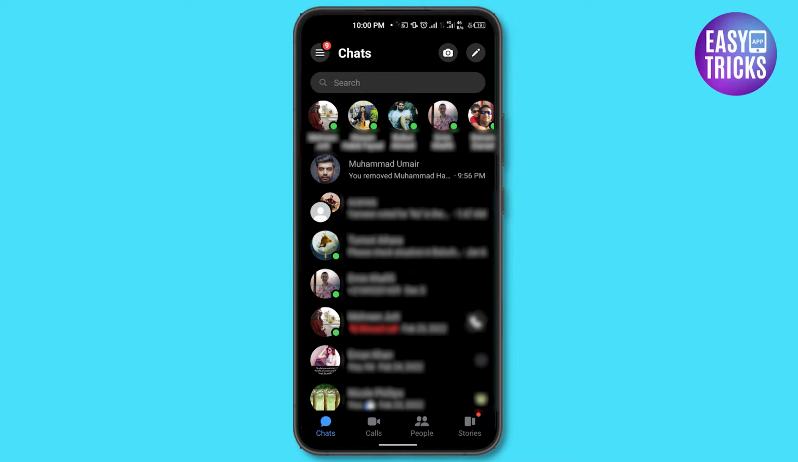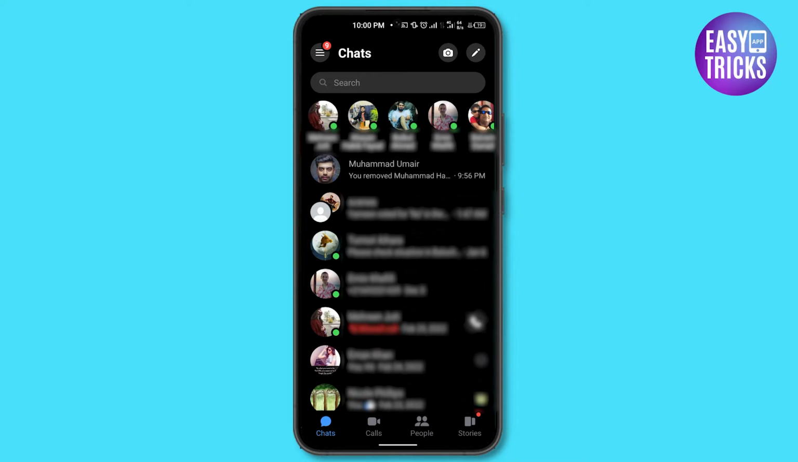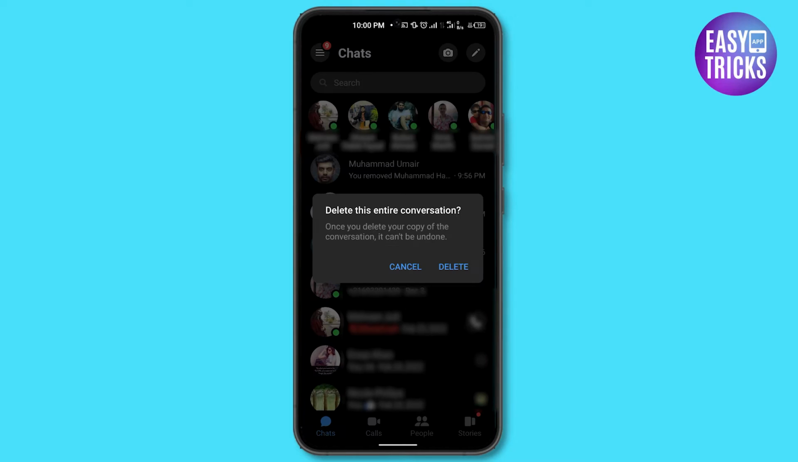Open Messenger on your phone and tap and hold on the chat that you want to delete. You'll be able to see that when we hold on a chat, a menu appears, and in here we have this option to delete. When you click on that, a confirmation message appears to confirm your action. We're going to be clicking delete from here, and now you'll be able to see that our chat is now